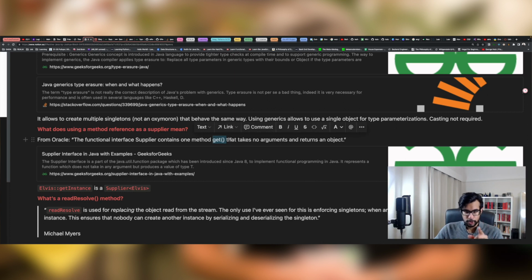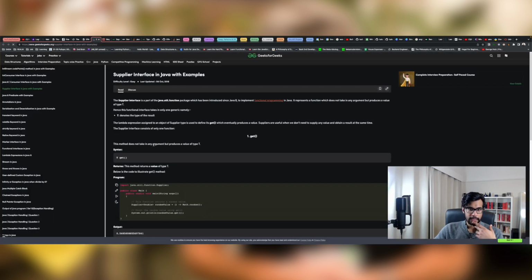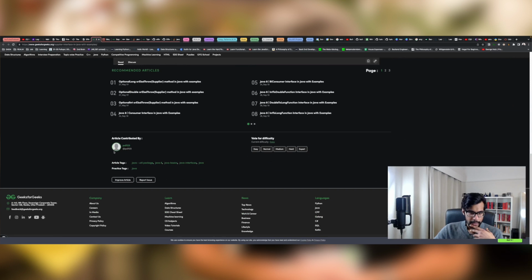But what's important to understand is this get method represents a function which does not take any arguments but produces a value of type T. So yes, the get method doesn't take any arguments, but it has a type. The type could be passed as a generic. By the way, that latter bit I read from this article, again in Geeks for Geeks, which I'll leave a link down below in the description, which explains what a supplier interface is, written by this person,